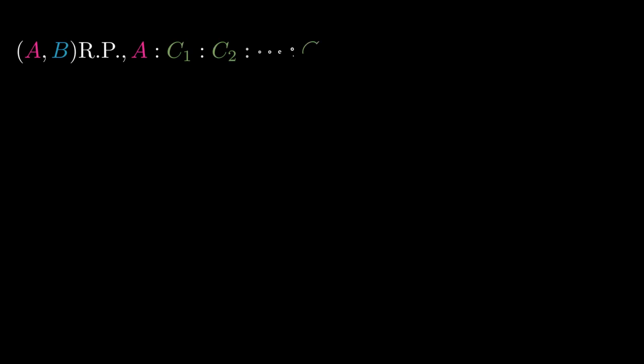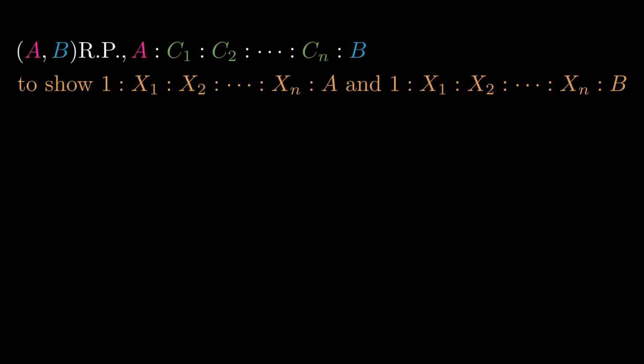Start with a and b relatively prime, and insert c1, c2 through cn in between them in continual proportion. So we have a to c1 to c2 and so forth to cn to b. We'll show that we can insert n numbers between 1 and a, or b, just as we did for a